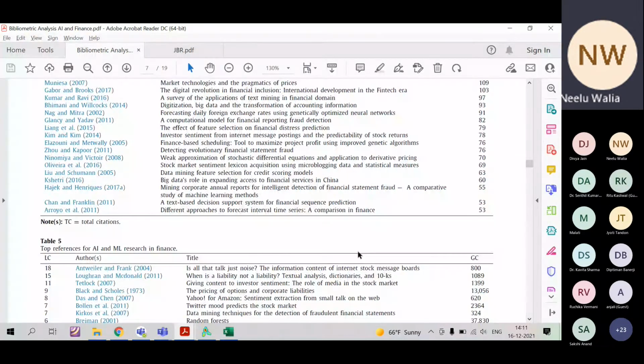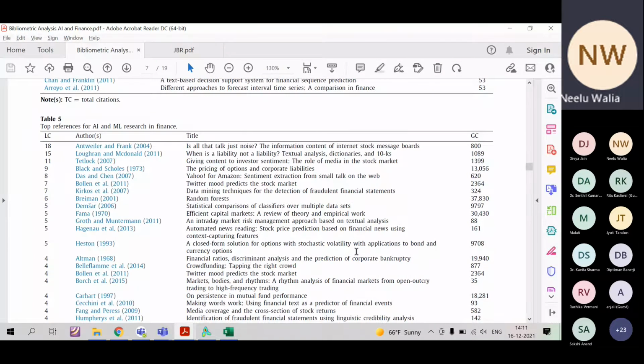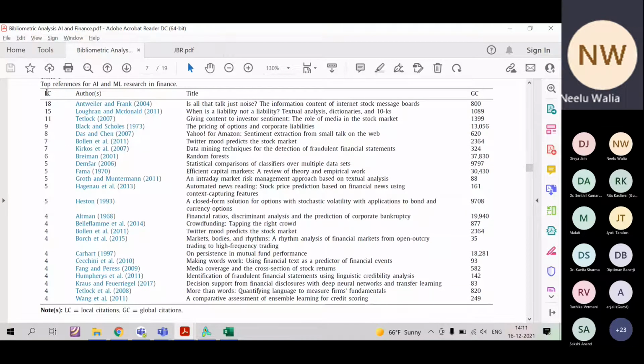Now after this table, the top references of AI and ML research in finance, again what you can do is see wherever you feel you can get this. LC means local citation and GC is global citation.